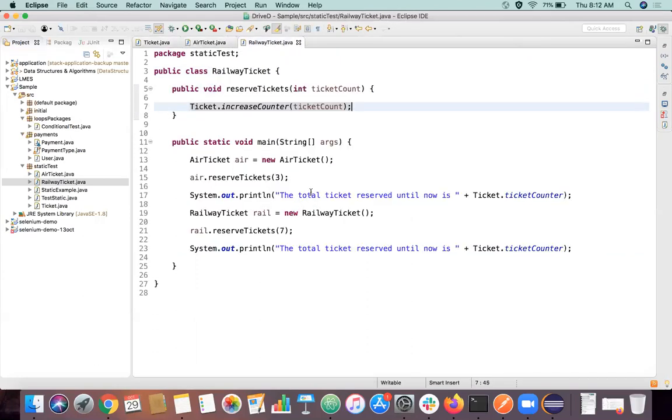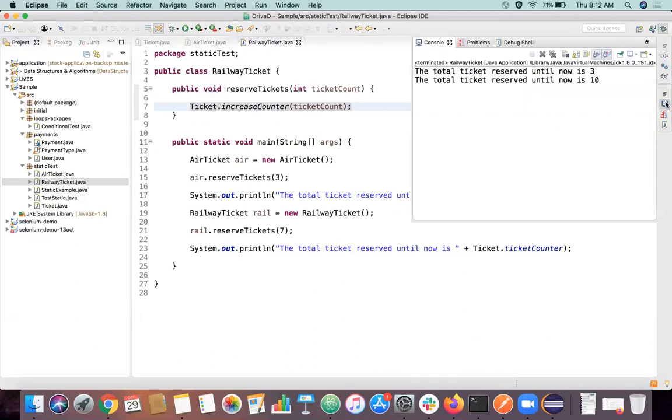Right? So we are able to get total ticket counts at a common place because every object is able to manipulate and access that variable. And the final variable is called an aggregate of all those values. So individual different classes are trying to access the same memory location and trying to change its value. So static has these kinds of applications where every object has to share certain data and manipulate it based on certain behavioral conditions.